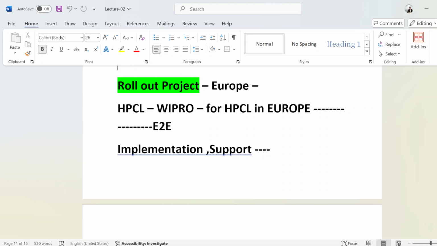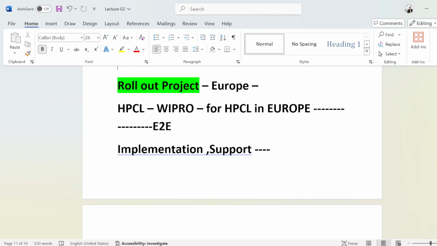If they want to do that with the help of the same Infosys, then this will be a rollout project for Infosys. Why? Because Infosys has already prepared all the documents and templates, whatever is required, for the India plant. Right now they are going to do that for the France plant. They will just copy most of the documents; only little changes will be there, like tax procedure changes.